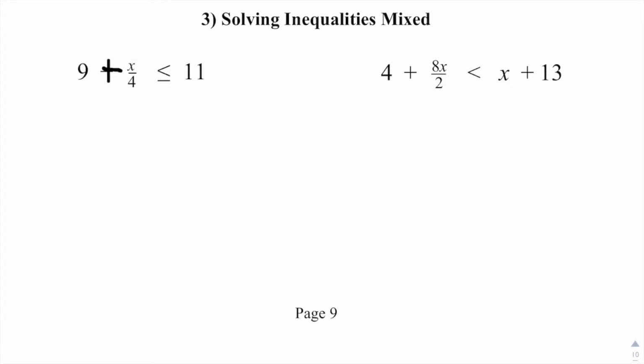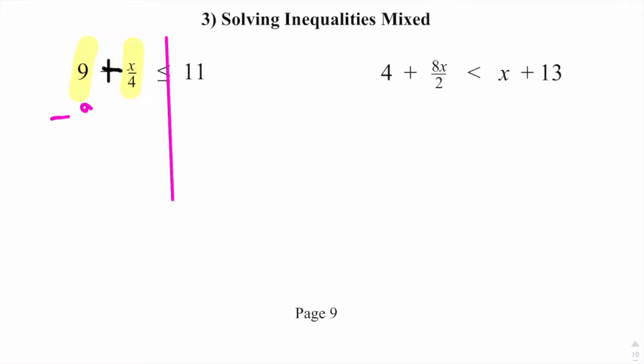All right, so let's solve these. I got two examples here, and let's just pound through them. So again, I always start with drawing my balance point, okay? Since this 4 is only under the x, and this 9 over here is a separate term by itself, those are two separate terms. So we got to get rid of the 9 first before we can do anything with that 4 in the